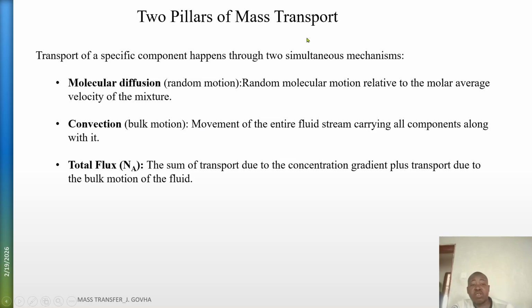Mass transport can occur due to molecular diffusion, which is the random motion of particles relative to the molar average velocity, then due to the convectional or bulk flow, which is the movement of the entire fluid stream, which will be carrying all the components along. So then total flux becomes the sum of transport due to the concentration gradients plus transport due to the bulk